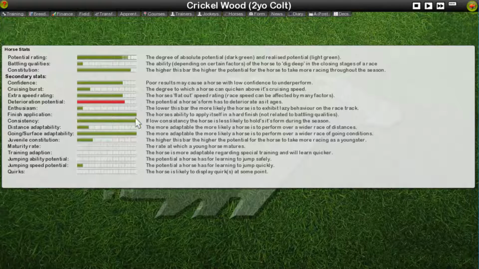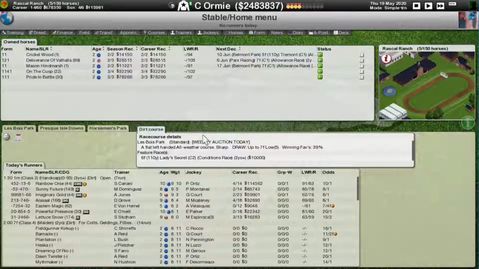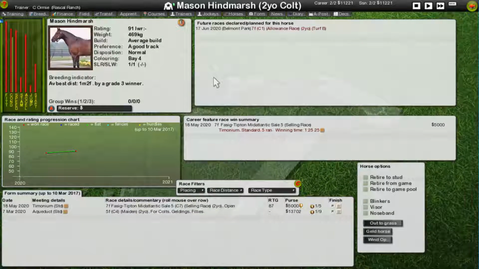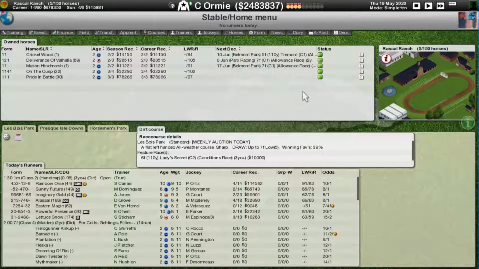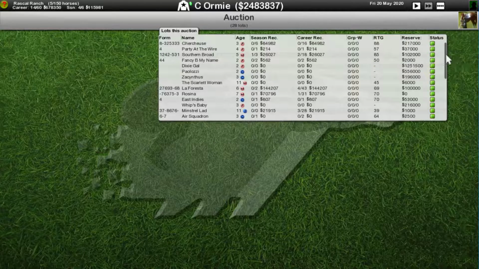Ah, yes, that's more like it. Full finish application, pretty good extra speed, and I like that potential. That is a racer slash breeder. That most certainly is. So, Cricklewood worked out for us. Probably would pay 2 million for that one. So, the fact that we get Mason Hindmarsh as well at that price isn't too bad. That isn't too bad. So let's go to the auction just in case there's anything here,